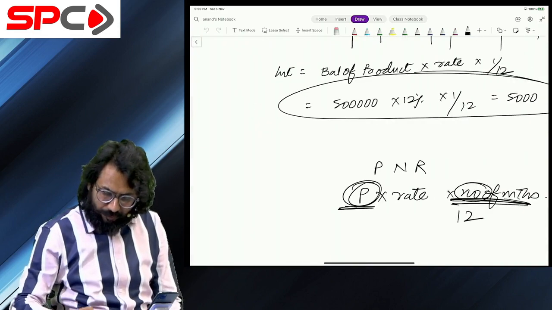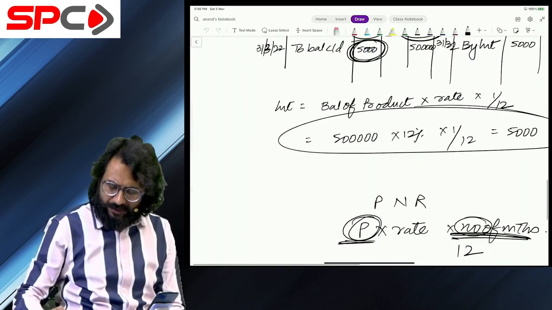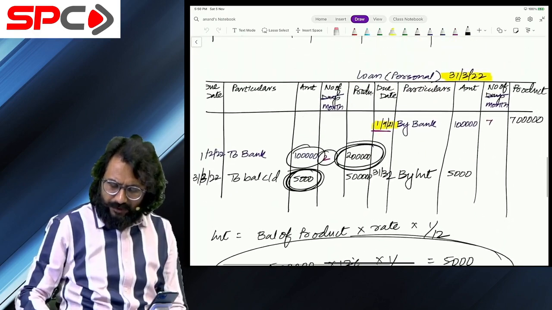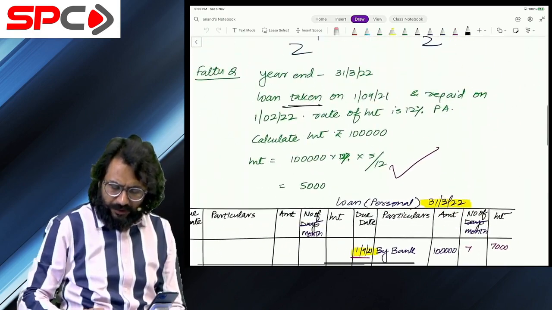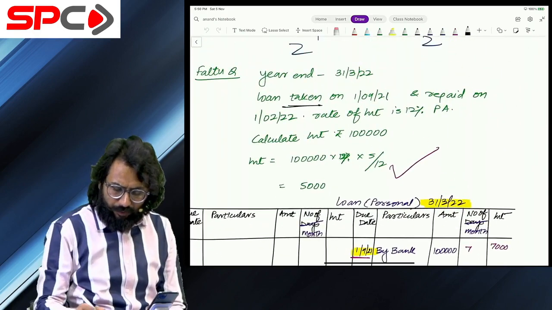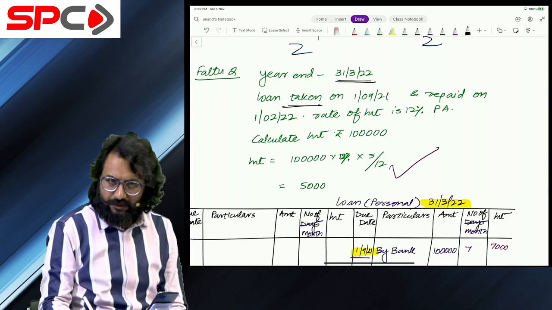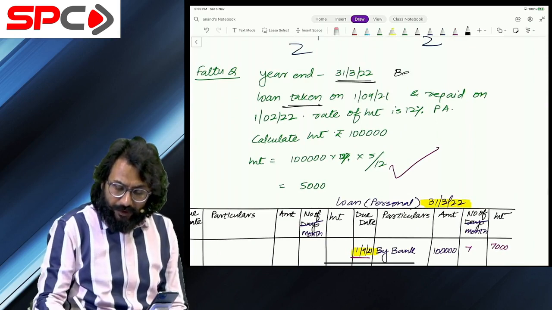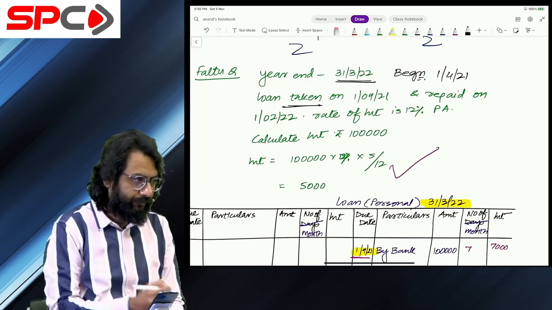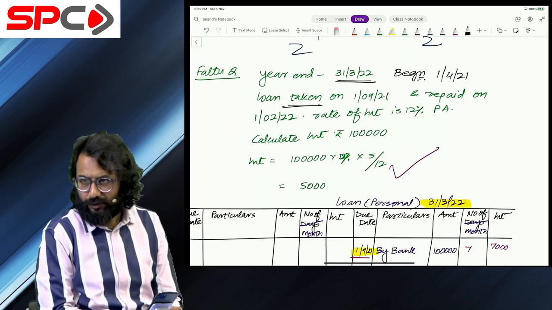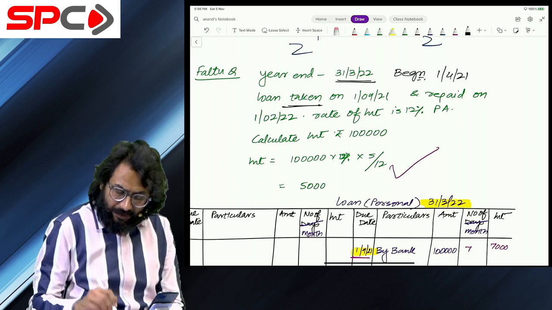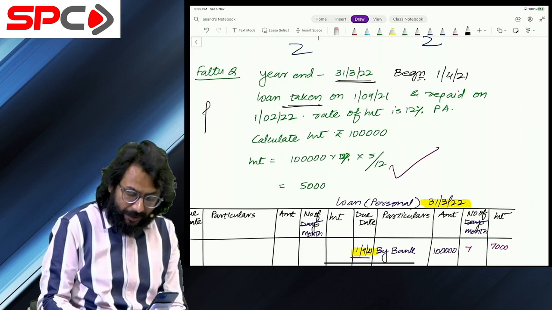this was the concept question which I did for you, and I tried to explain how we calculated it. I first asked you to calculate the interest. Year end is 31st March. Beginning would be what, my dear friend? 1st April 21. Yes or no? Now I said in the earlier way, which was a forward method,